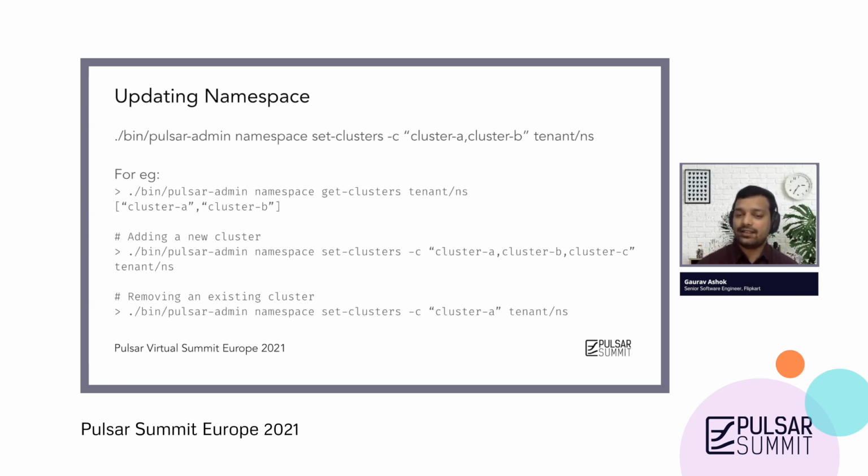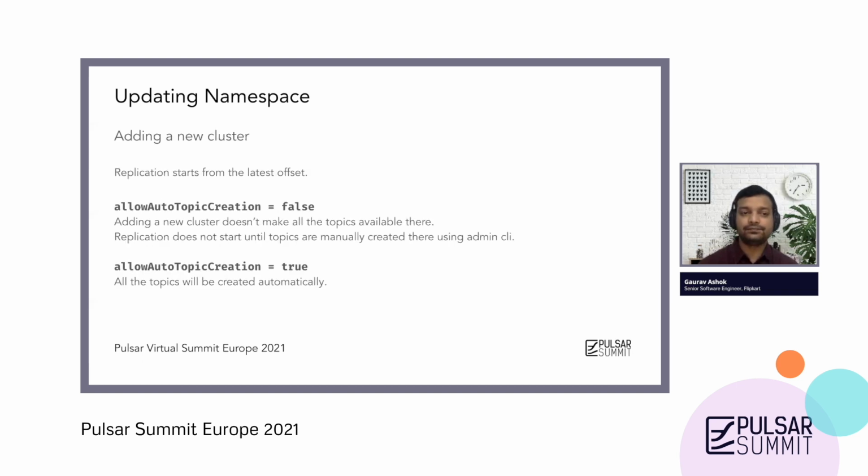And if you add a new cluster, then it will be added across your replication. So when you add a new cluster, what happens is that the replicators will be created in the existing clusters,